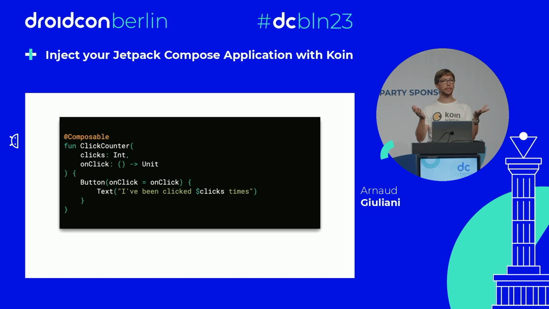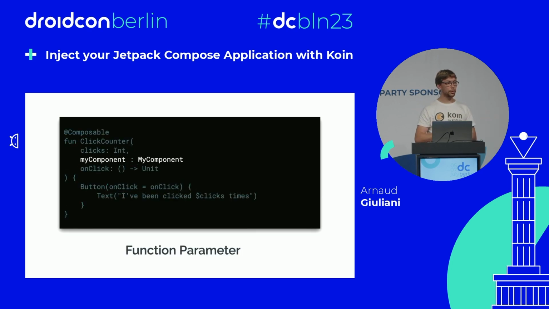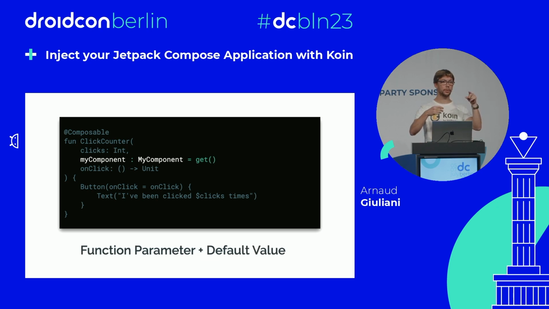Okay, how do you do dependency injection with that? The first really intuitive way is that you have a new argument, okay? Just a function argument, right? But you can also use a default value. That means that for this argument, you can pass a value manually. Either if you don't want to pass a value by yourself, then Kotlin will bring you the default value we have here.